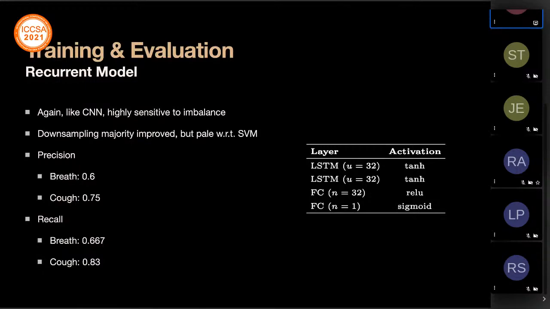The training and test metrics were around the same range of 0.6 to 0.75 for breath and cough, and recall metrics, both training and test, were around the same range of 0.67 to 0.83. The principal cause for this would likely be that the model is underfitting, so you don't have good metrics on the training data itself. We could solve this by introducing more data. If you recall, we had only around 1,000 samples, which is quite a tiny data set.